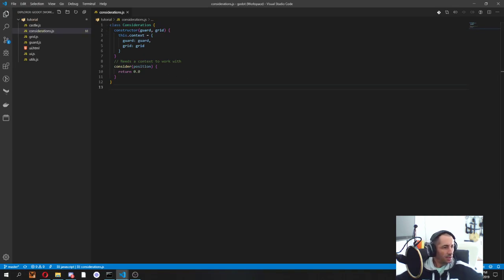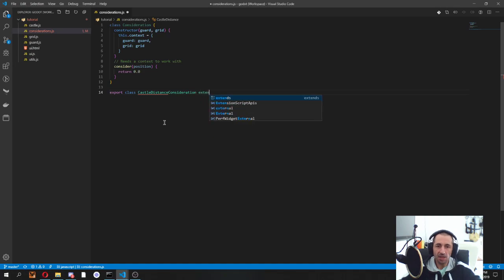And so let's see the castle. Let's create a consideration for the castle distance, and this could be pretty generic. You could later just say that this is a distance consideration, and it just passes in a couple of objects, and then considers whether or not it likes the position based on the distance between them. In this case, we're going to be a bit more specific, since we're making a specific game, so let's just do castle distance consideration. Let's extend from consideration,